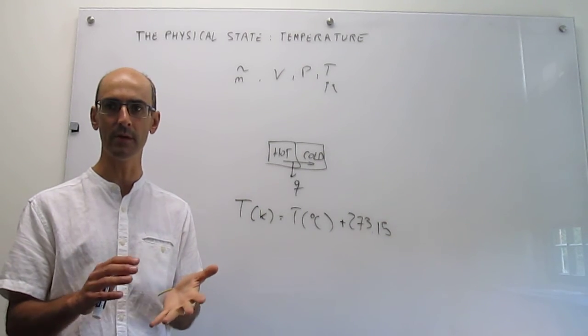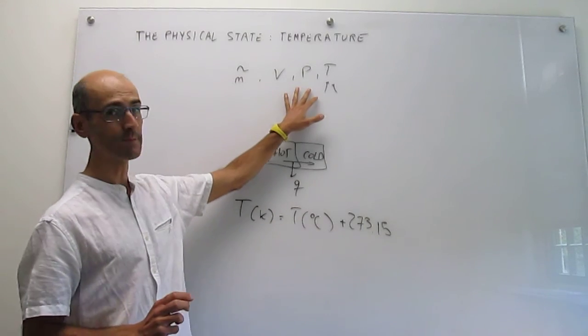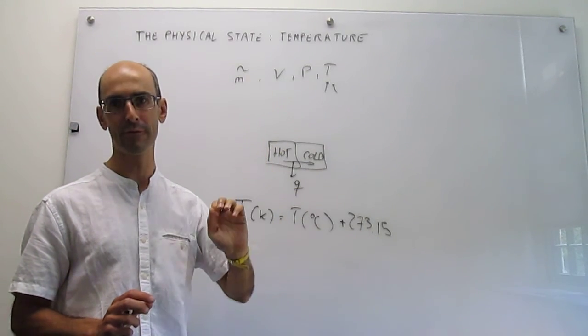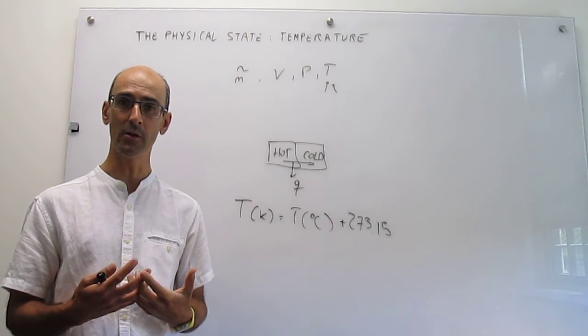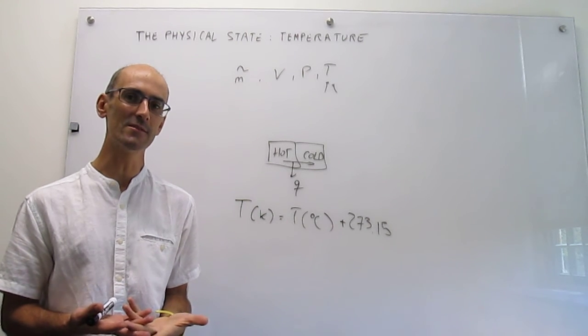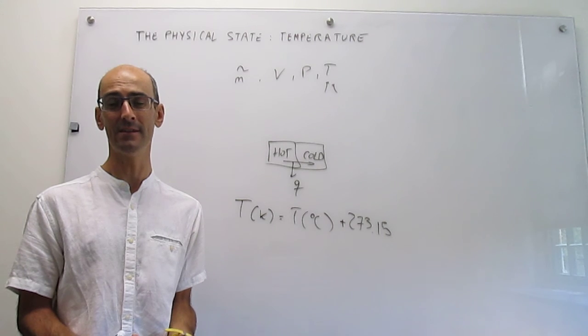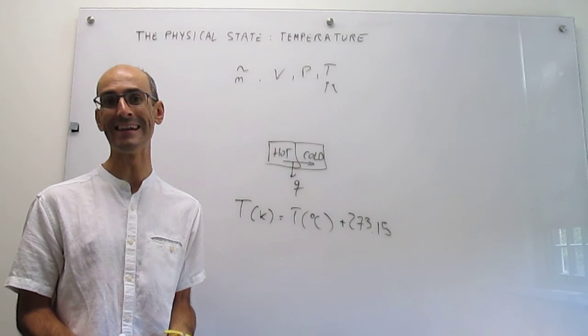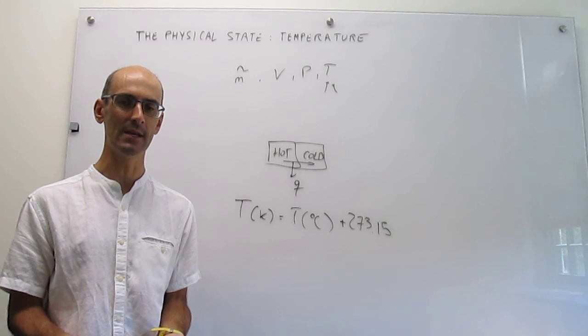It can be pure, it can be a mixture, it can be a solid, it doesn't matter. If three of them are specified, then the fourth is known. In the next video we're going to be talking more about those equations of state, and we're going to concentrate on the simplest equation of state, the ideal gas equation of state, which is a concept that we have studied in earlier